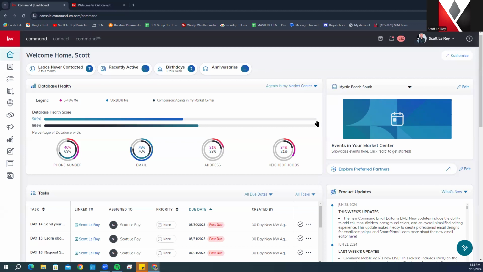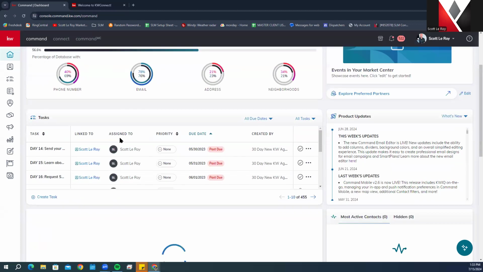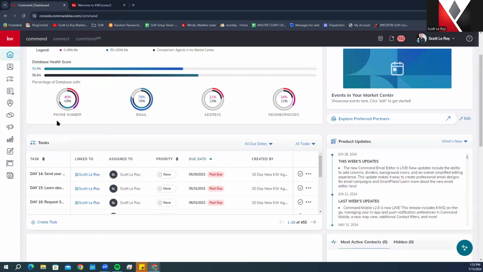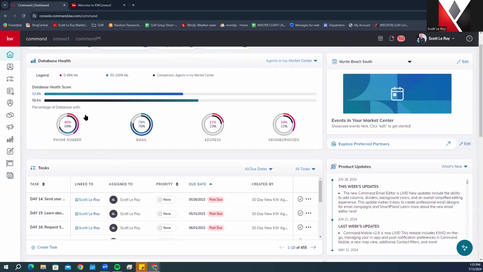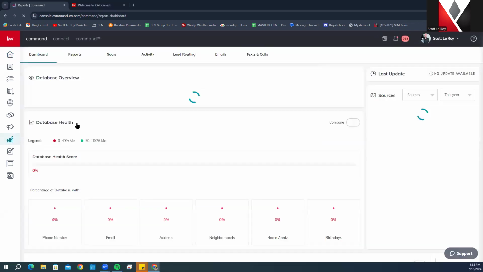All right. Next section we have is the tasks. Are you referring to the outer ring and the inner ring of this part? So with this part of it,